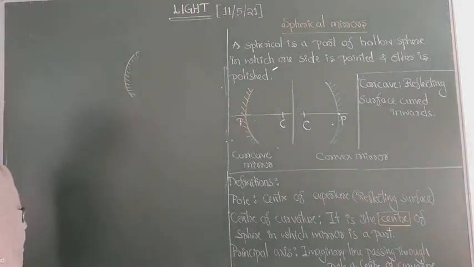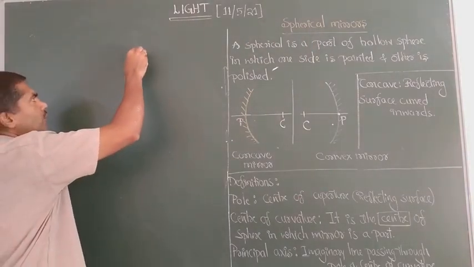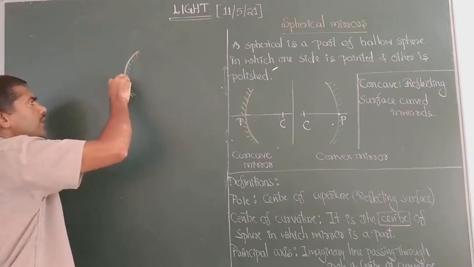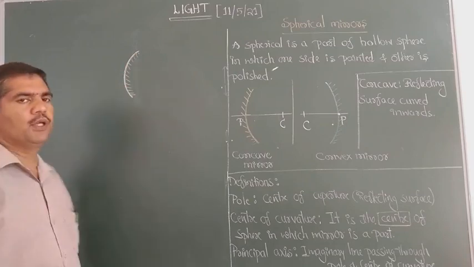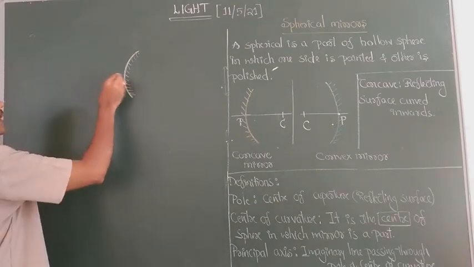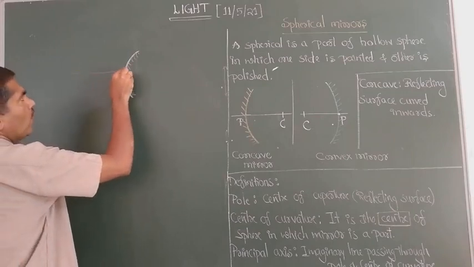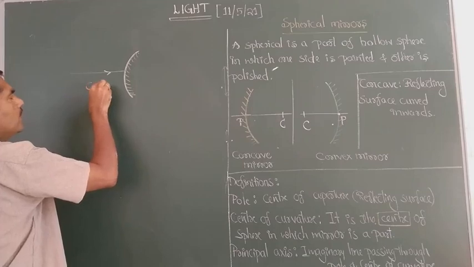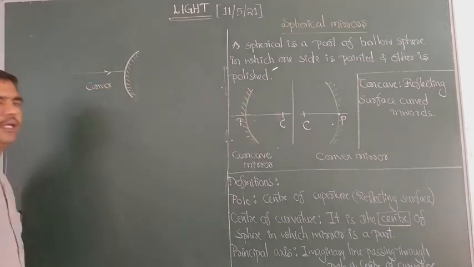Let us imagine now. The polished surface of this mirror is bulged at the center. Bulged, at the center. So this is a convex mirror. A convex mirror will be like this. In the same way,